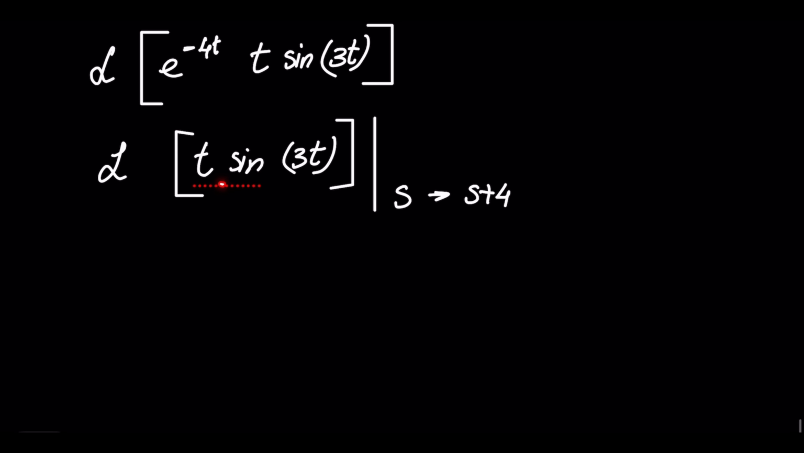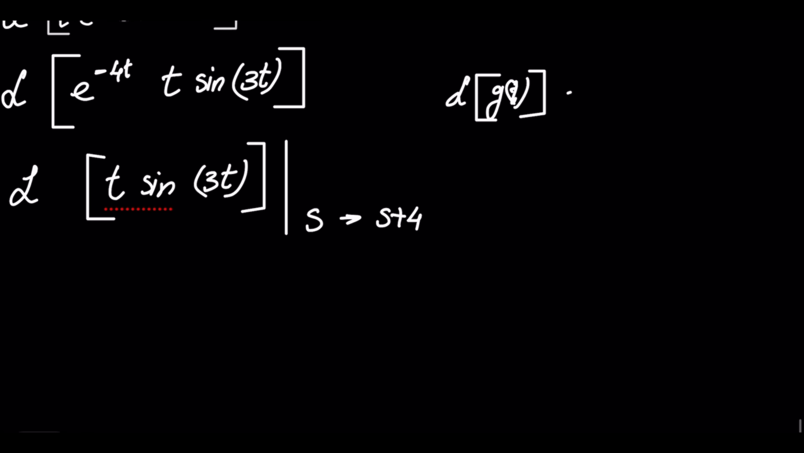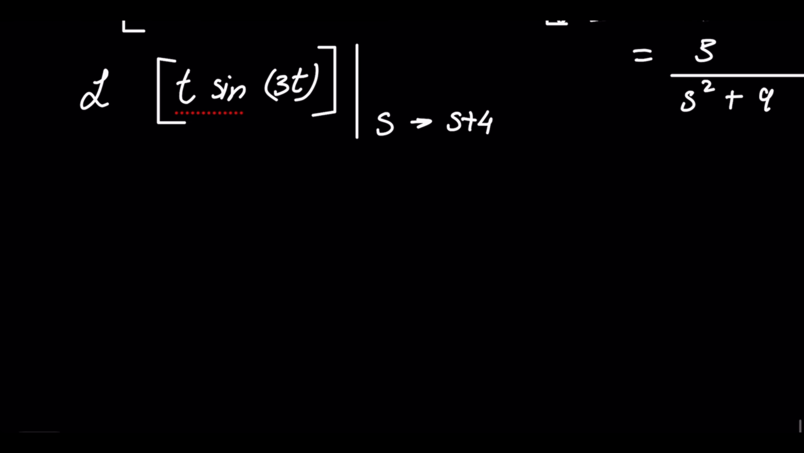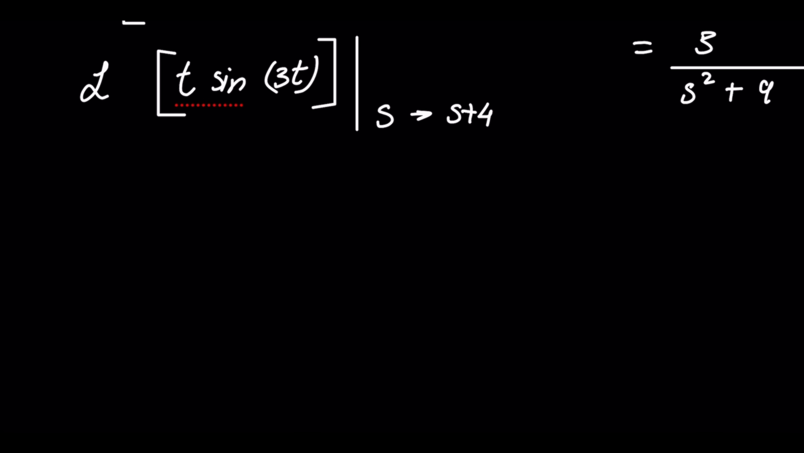Now we will be considering sine of 3t as g of t for our understanding, and we will be applying the multiplication with t power n property because t is being multiplied here. So we will find the Laplace transform of g of t separately. Applying the t power n multiplication property here, this becomes